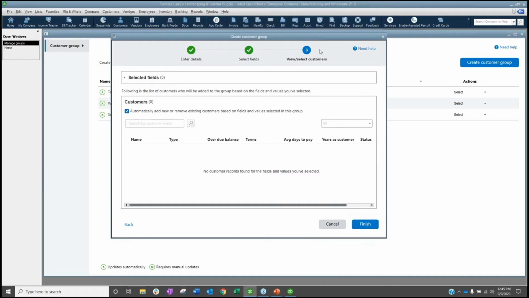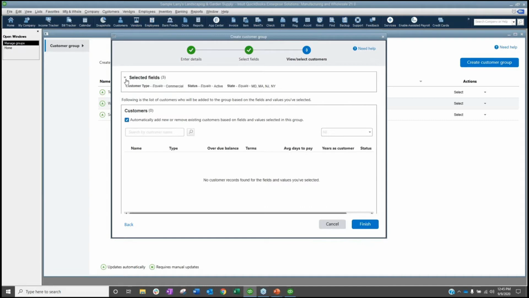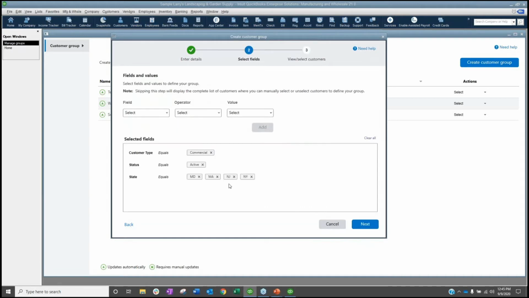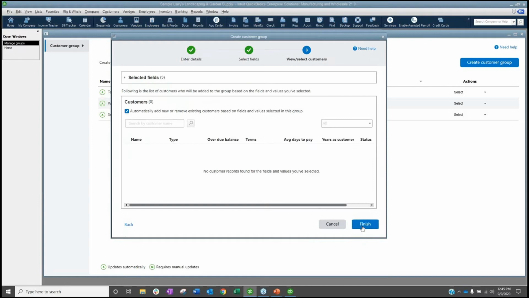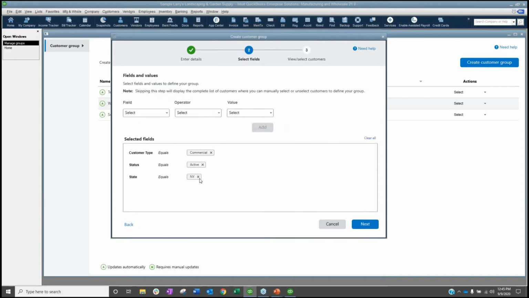Well, guess what? My selected fields didn't have any customers. So I'm going to go back and narrow this down a little bit. And maybe I don't have any. Let's just say New York for now. I got too excited. Okay, I have no New York customers. Let me just say California, because I know in our sample files they have a lot of California clients. We'll pretend that California is on the East Coast for right now. So it contains California. Next.